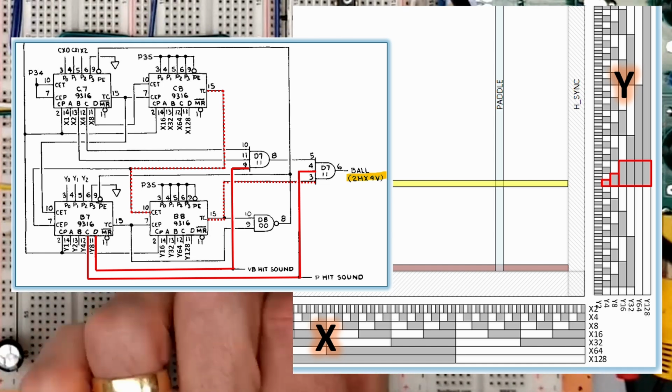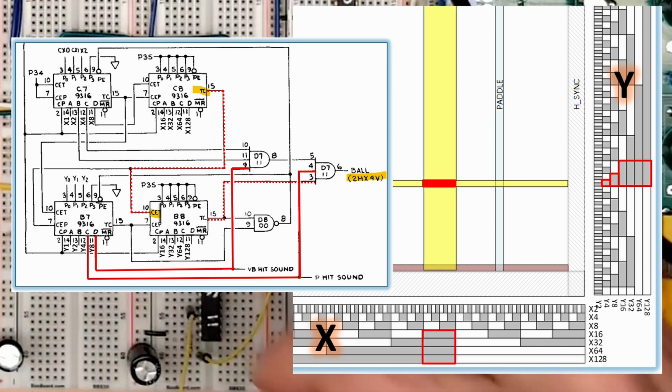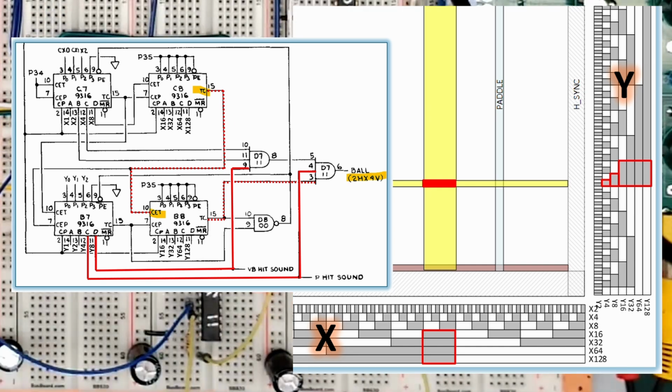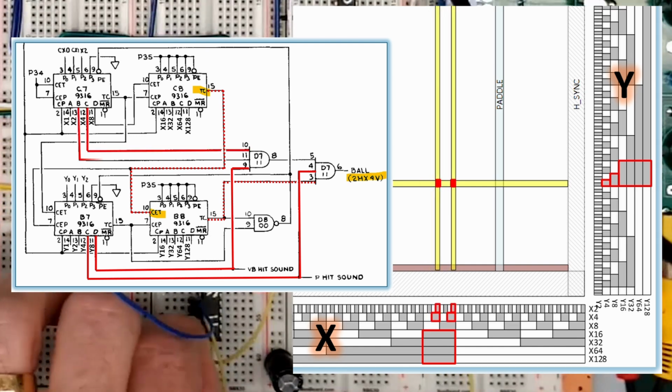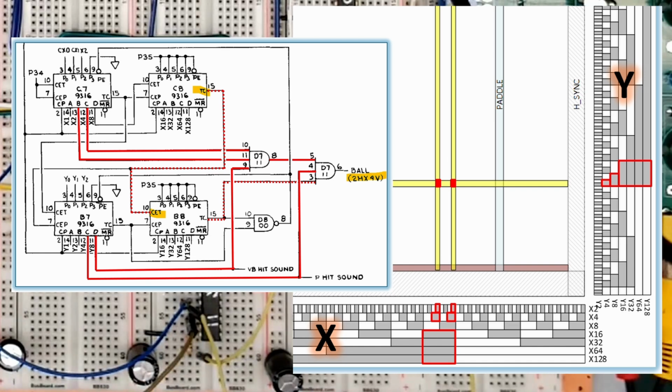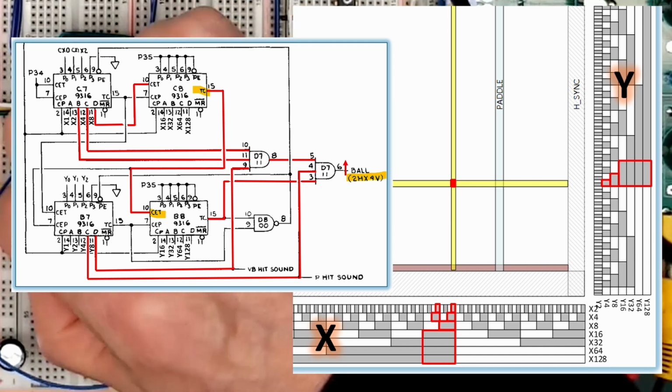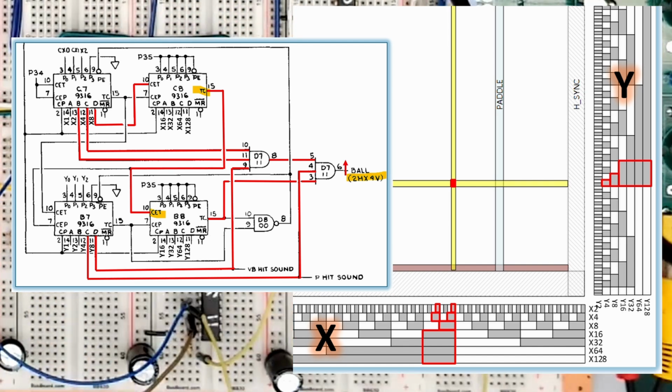For the X-axis, the high-order TC must be on to enable gating the high-order YTC, so this counter must be all ones. The X2 and X4 signals must also be high, but this occurs in 2 places. The trick to picking one of these is that the X8 signal enables CET on the high-order chip, narrowing the selection to this area and making the paddle 2 pixels wide. In all of these counters, both CEP and CET must be high to count, but only CET must be high for the TC output to turn on.